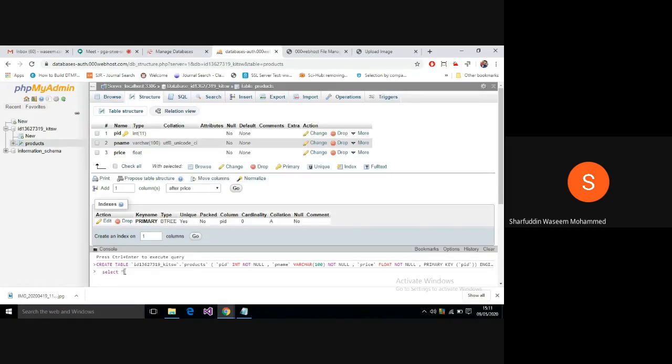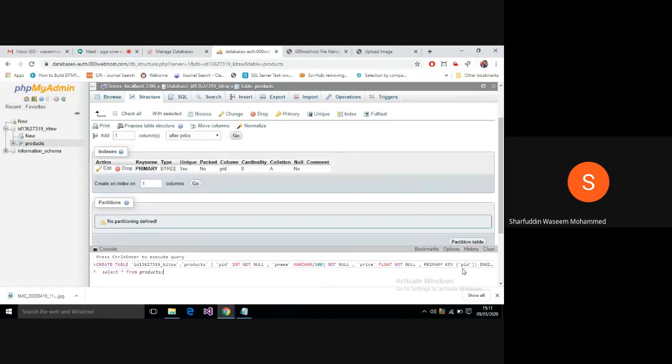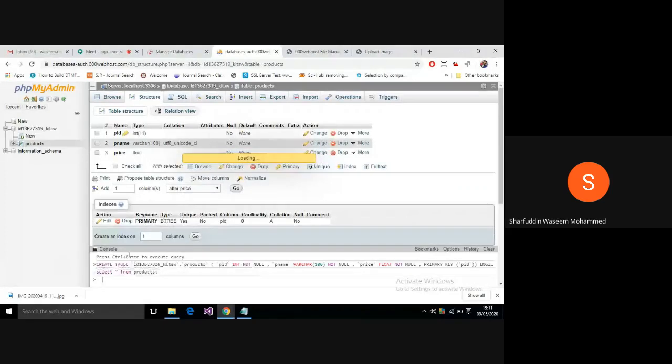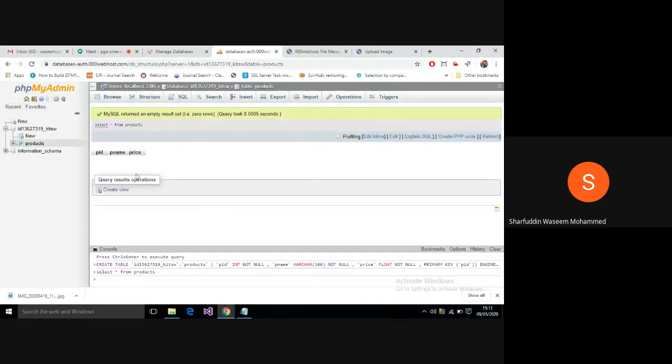Select asterisk from products, and press Control and Enter to execute this. Once you execute, the result will be shown here itself. It is empty, 0 rows. No rows have been selected, and that is the reason it shows that no data is there.